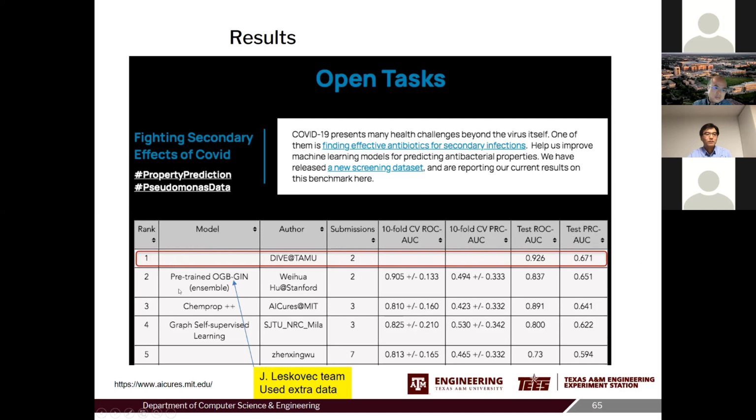The second place on the leaderboard is from Jure's group from Stanford, and they use extra data. They use a pre-trained graph model. Basically, they have a set of molecules from different datasets. They use a self-supervised method to pre-train the network and then fine-tune on this dataset. We didn't use any of the extra datasets. We only used about 2,000 training data given by the challenge.